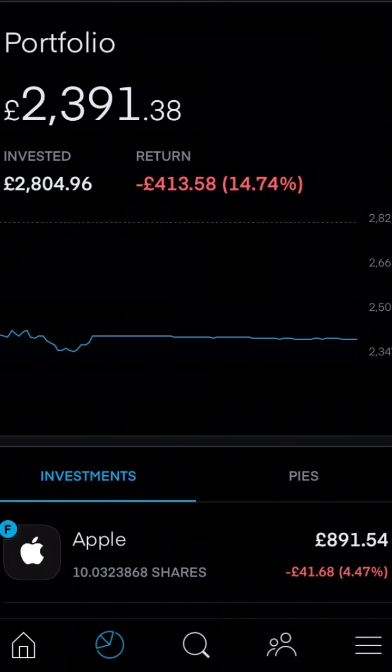So I'll be showing all the little features that this app can do, as well as what it does and what it doesn't do, what I'd like to see improved in the future. So we'll now take a look at the bread and butter, what I've used this app for mainly, which is